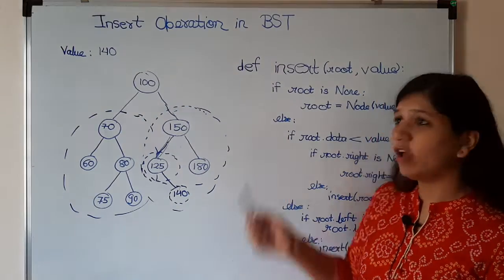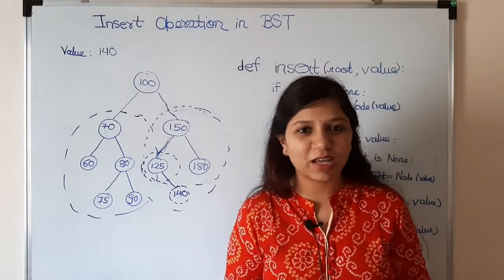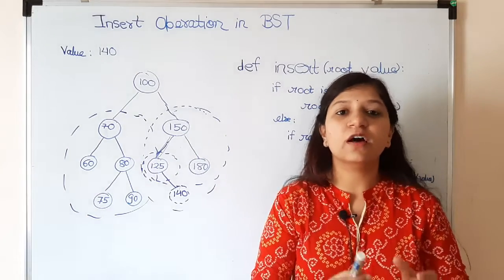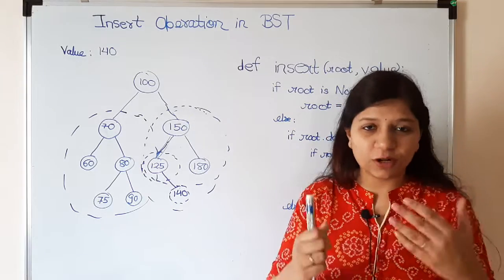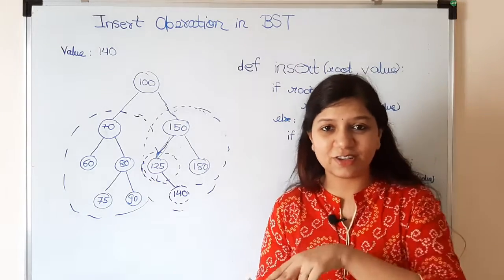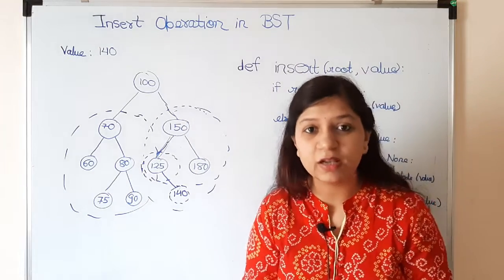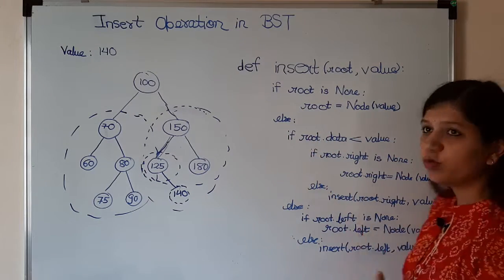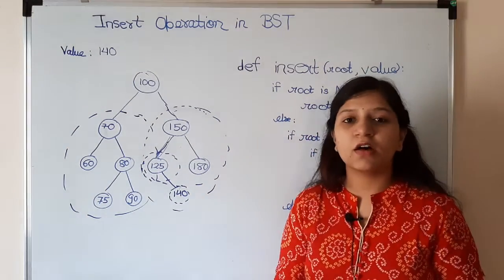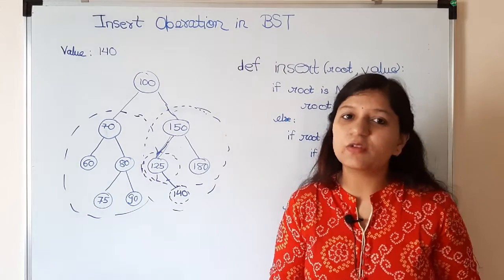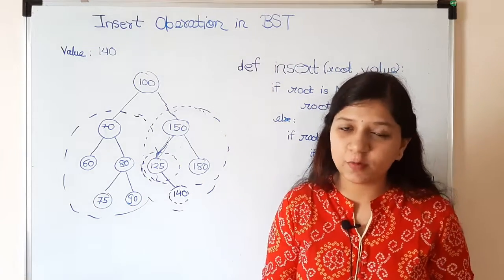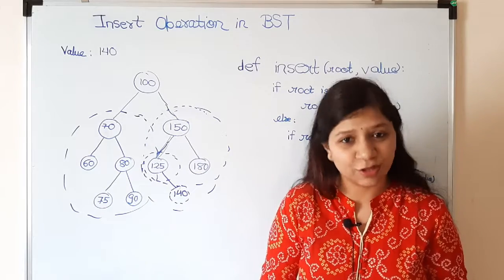Okay guys, so I am not telling you how the recursion is working here because I have told you earlier in the search operation where I wrote this method 4 times to make you understand how recursion is working. You can do the same thing here as well. Try to see every time what value is going to the insert method and try to do the dry run on your copy where you can write it multiple times and see how the recursion is working. If you want to see the code of this, you can check the description box. There I have provided the link to the code.